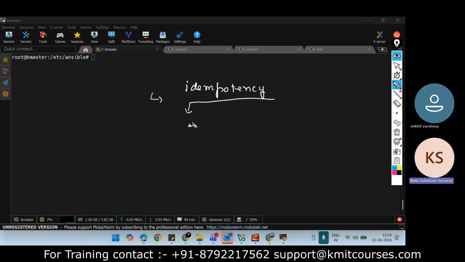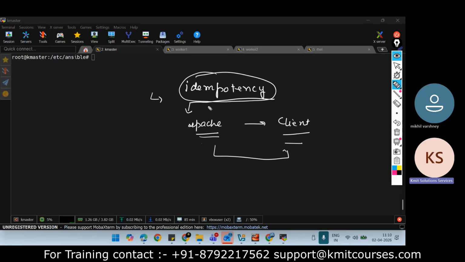For example, you want to install Apache, and Apache is already installed on the target machine, on the client machine. Then Ansible will not do anything. So if the desired state is already there on the client machine, it will not do anything. If it is not there, then it will install Apache. So this is called idempotency.